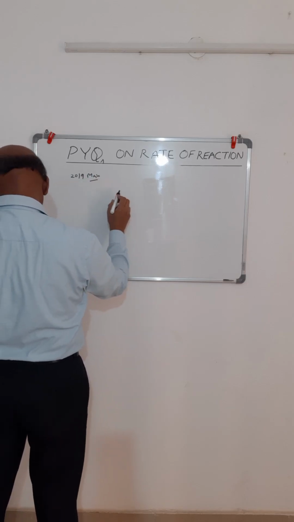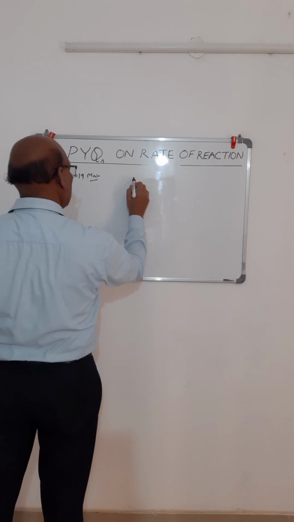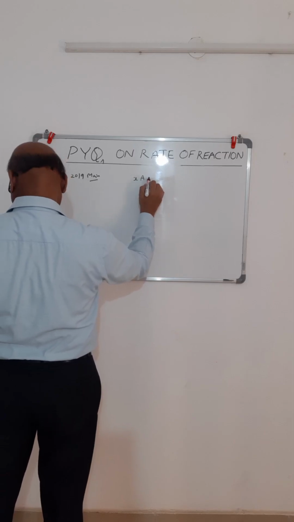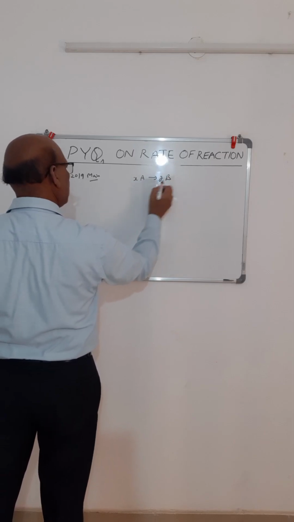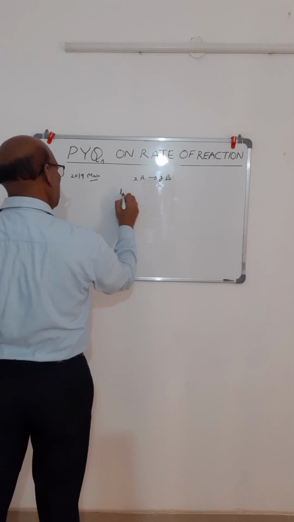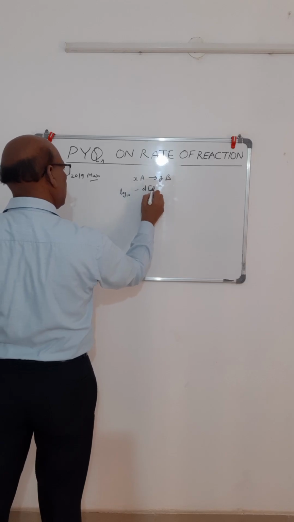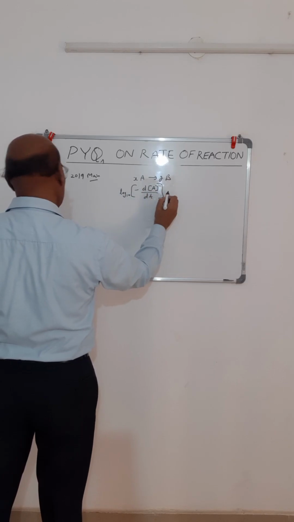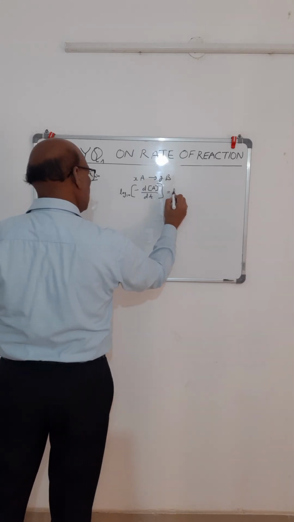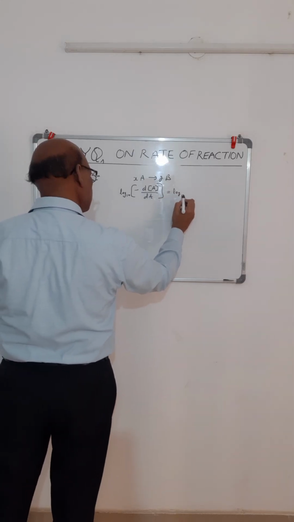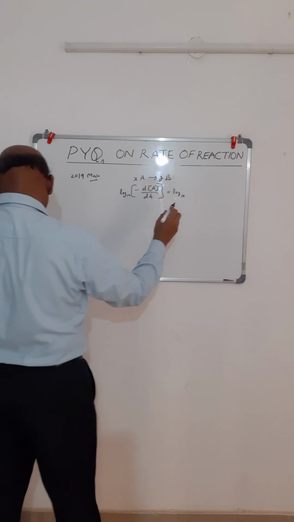It says, in the following reaction, xA gives yB, log10 of (minus dA by dt) is equal to log10 of (dB by dt)